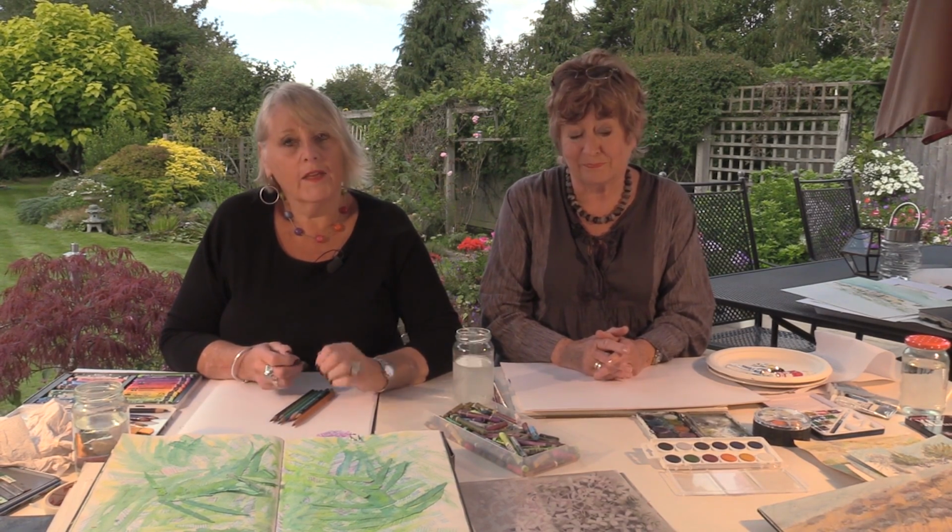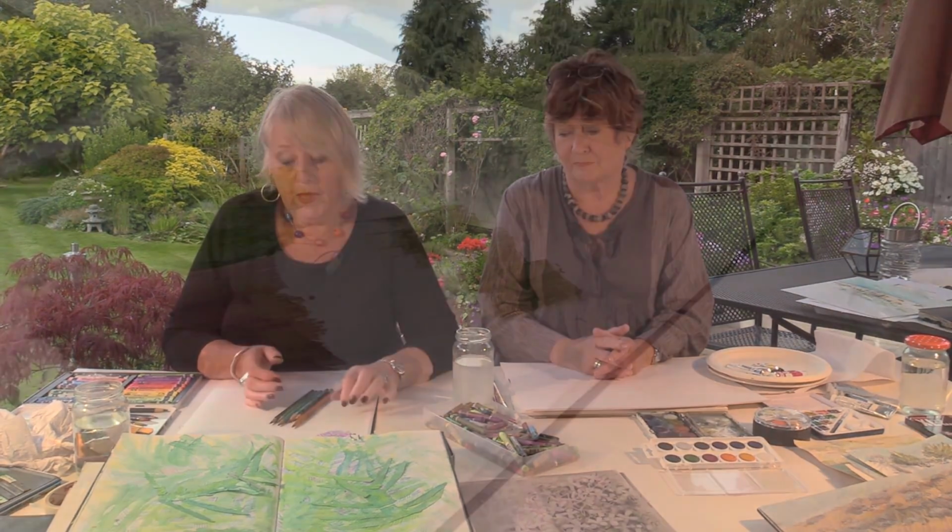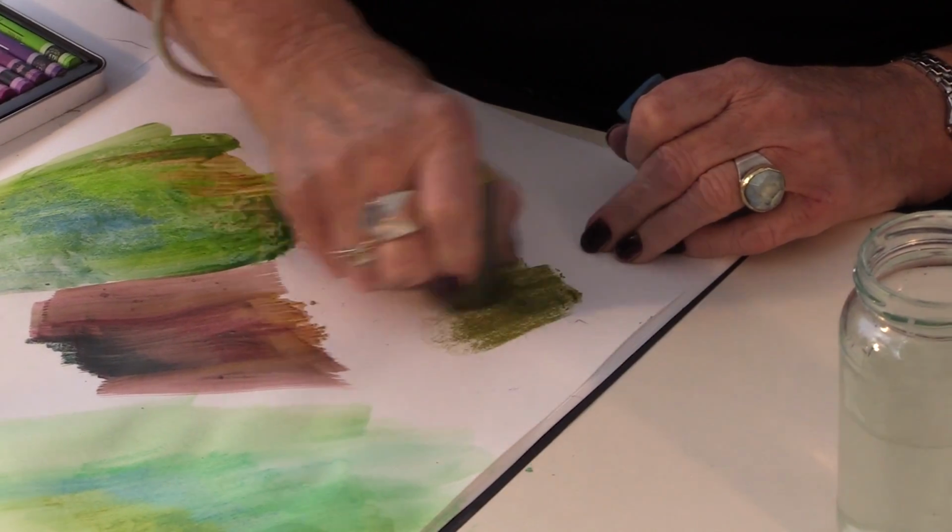So colour is something that really excites us. And there are so many different types of media for colour that I know it confuses people. So we're here trying to perhaps simplify things, and we're starting with Aquarelle. If you really like to get into that